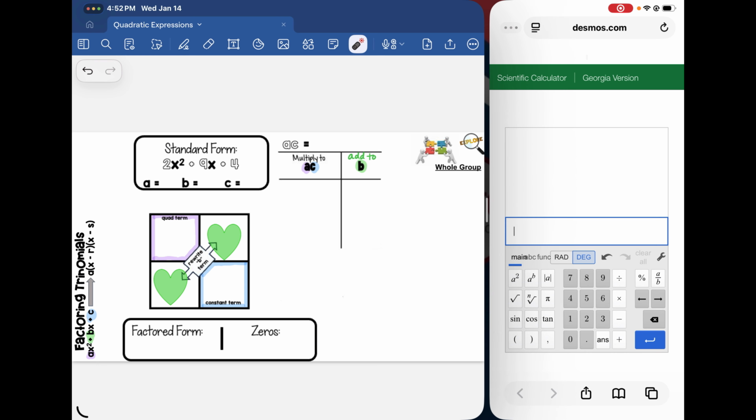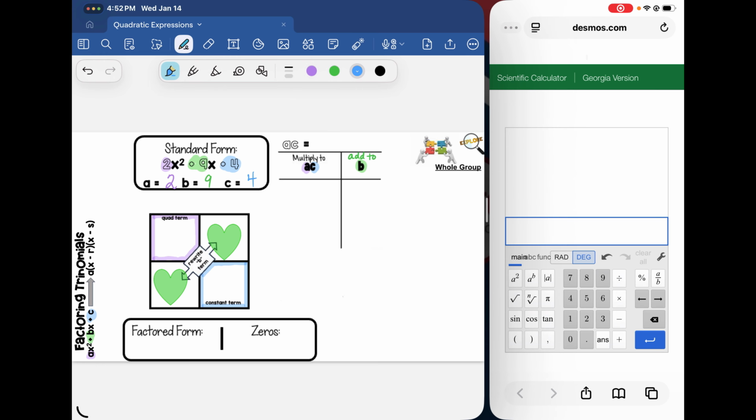All right, I have standard form 2x squared plus 9x plus 4, and I need to identify my a, b, and c value. So my a value is the coefficient of my quadratic term, my b value is the coefficient of my linear term, and my c value is my constant, the number that doesn't have a letter. So that would make my a value be 2, my b value be a positive 9, and my c value